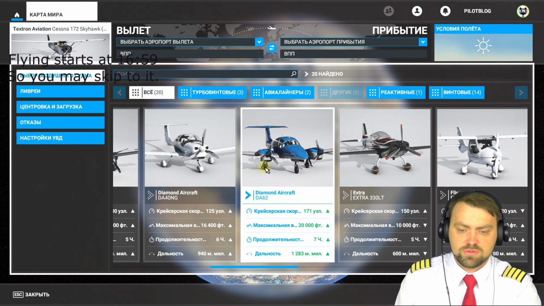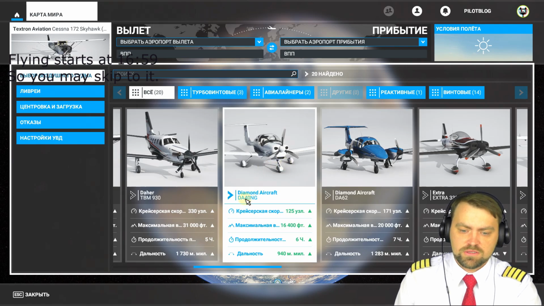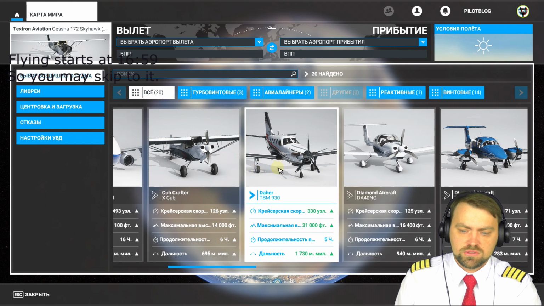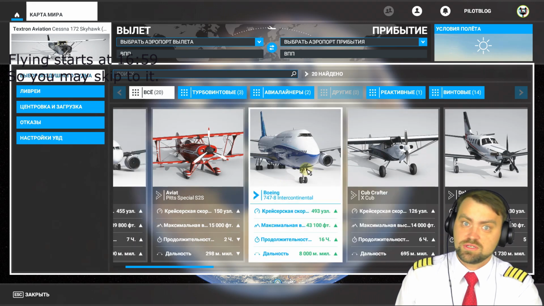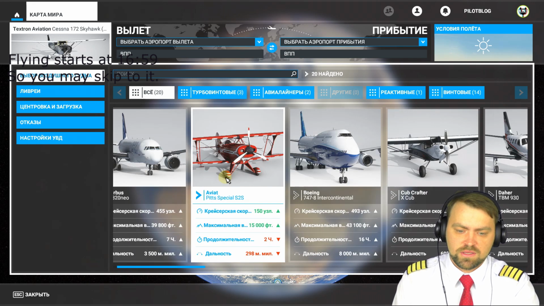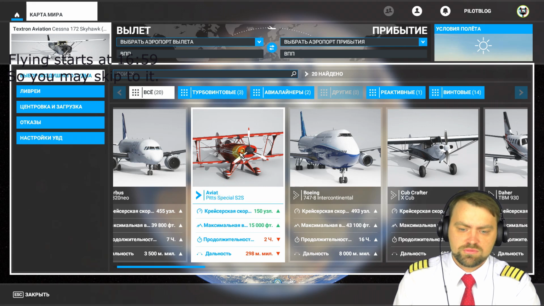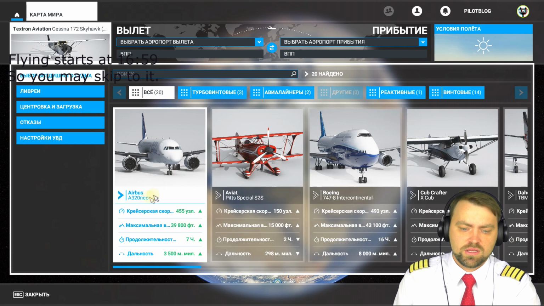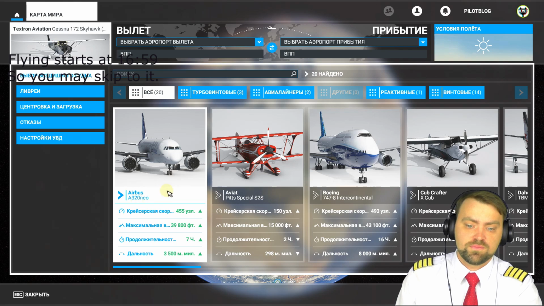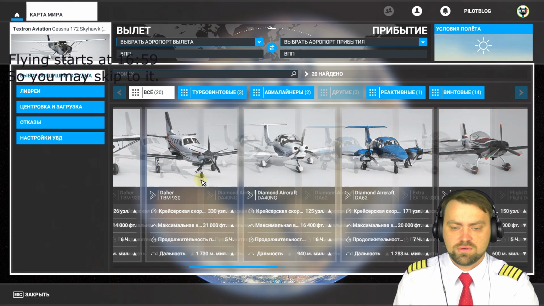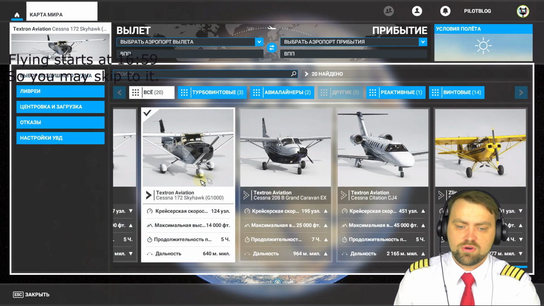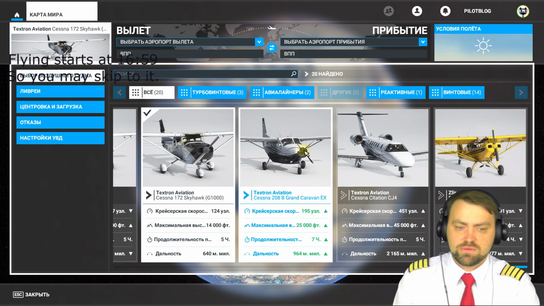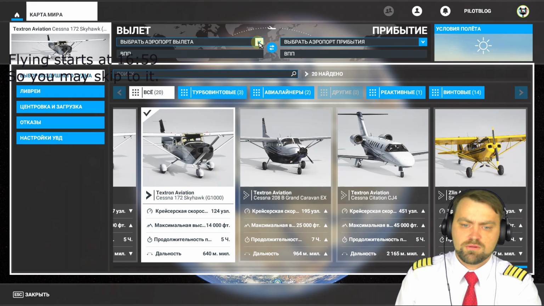Diamond DA62, great plane. Diamond DA40, great. TBM 930. X-Cub, the big airliner, Boeing 747-8, and the Pitts Special, also an aerobatic biplane, and Airbus A320neo. That is what we have in our standard version of Microsoft. Later on, I hope there will be a PMDG Boeing 737 at least, but now let's go to the airport of